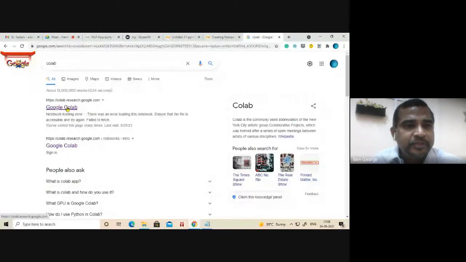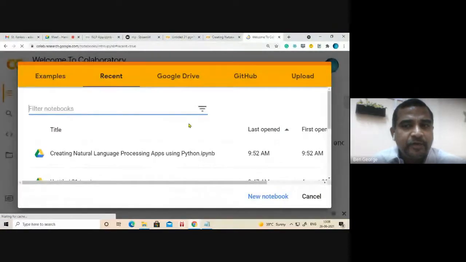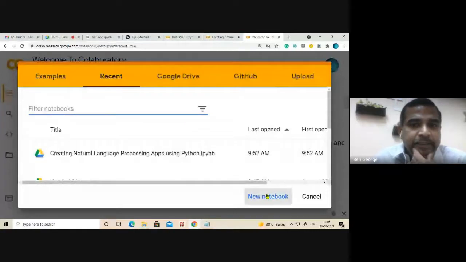So this is, you just click the link and make sure you have logged in with your Gmail or Google account. Make sure you logged in with your Google account. And if you're using it for the first time, you'll be having only the new notebook. So you can click the new notebook. Okay. So if I want to repeat it again,